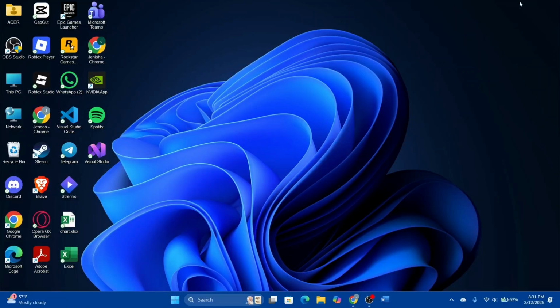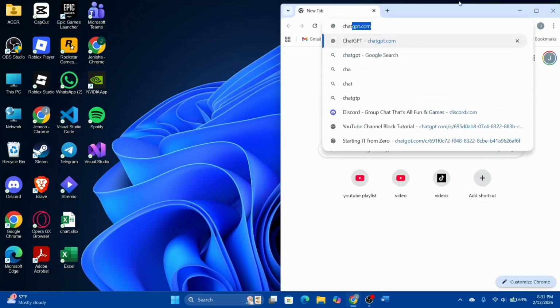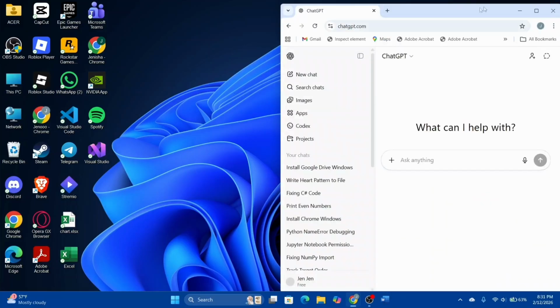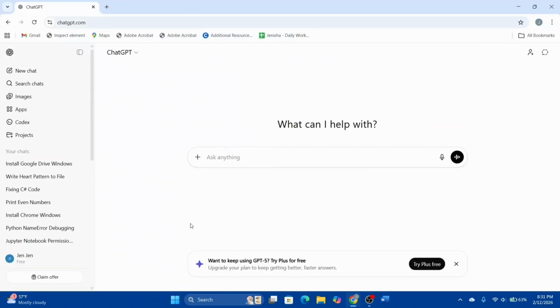So since there is no official ChatGPT desktop application, a way is you can follow this method. First of all, we can open up Chrome and use ChatGPT in a browser shortcut instead. So go ahead and type in chatgpt.com and open it up. After that, once we do so, we can just go over and sign in with